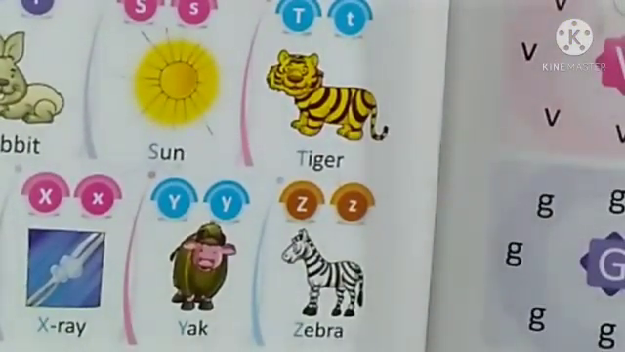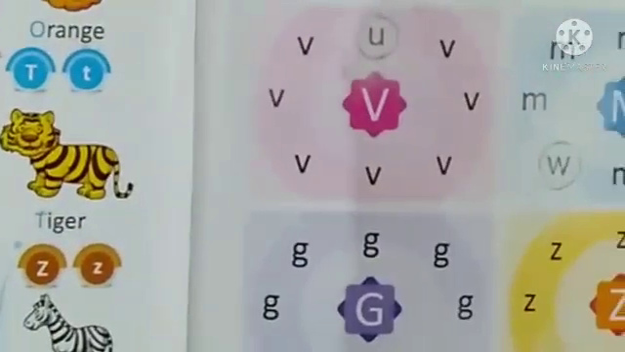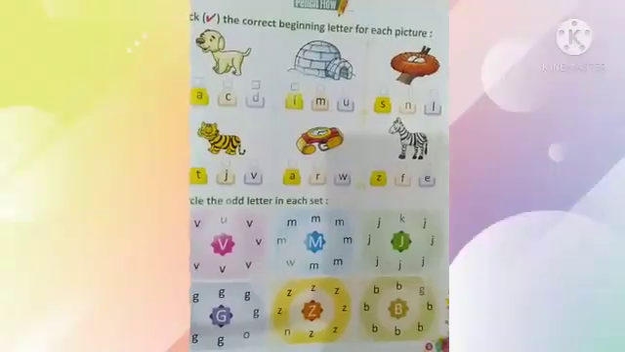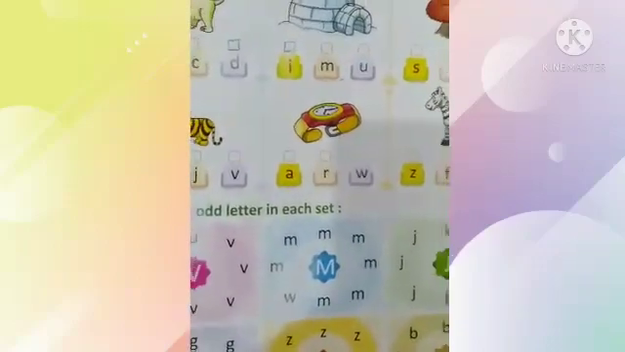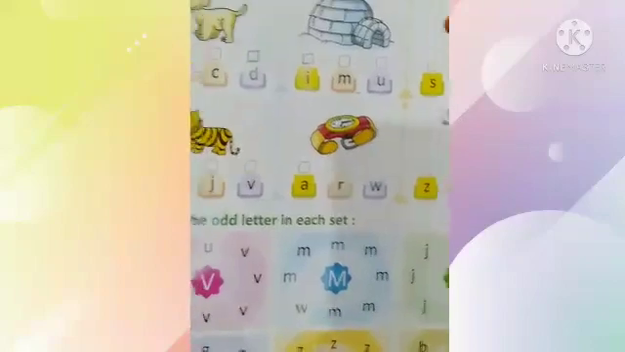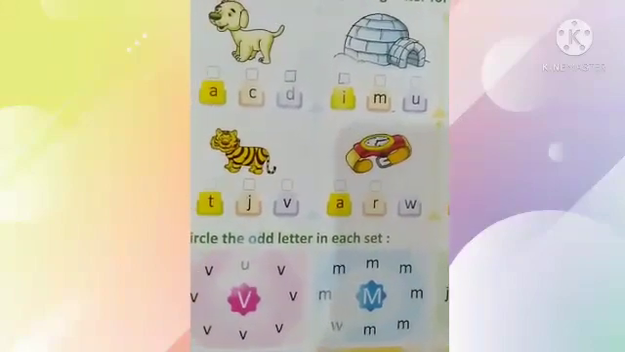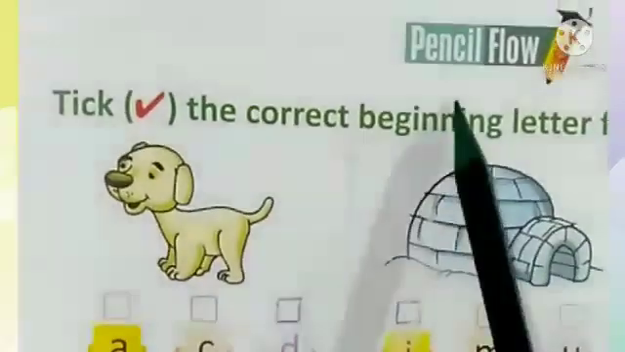Okay children, all of you learn A to Z. Now all of you open page number 5. This is page number 5. Okay, here is written Pencil Flow,